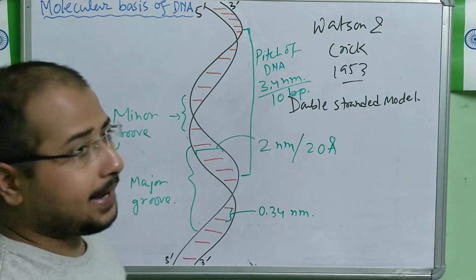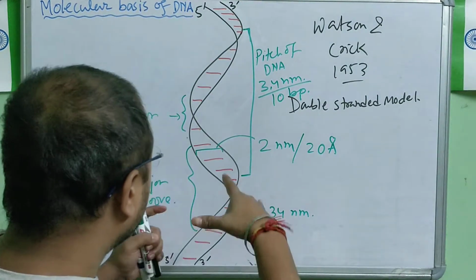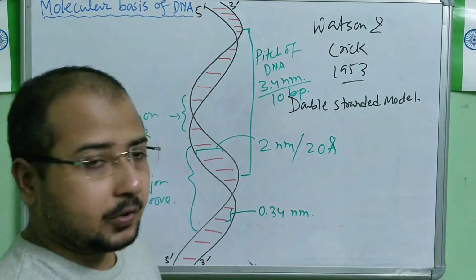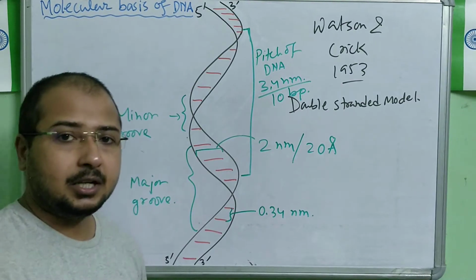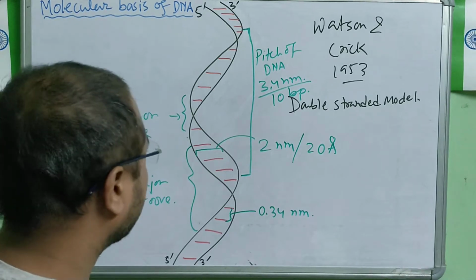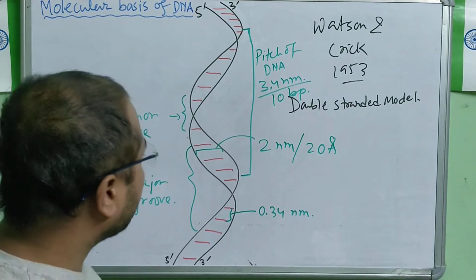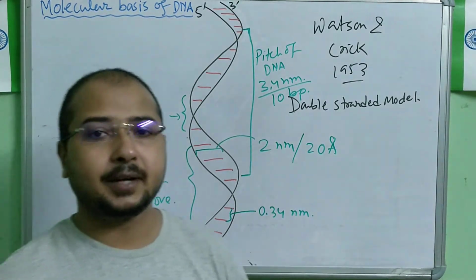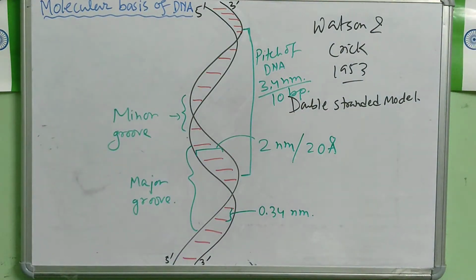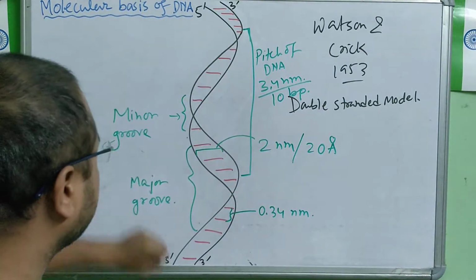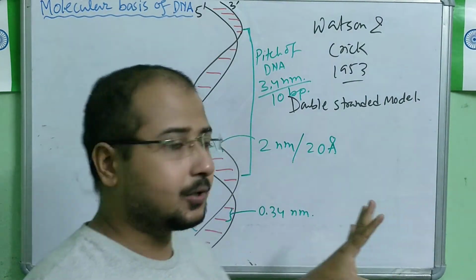So these are some of the facts about the DNA structure, the overall structure, or we can also say the external structure, the measurements in between the different structures of the DNA. So now we will see how this DNA strand is actually made up of. Just 1 second. So how is the DNA strand made up of? We have seen the basic measurements of the DNA, some facts.